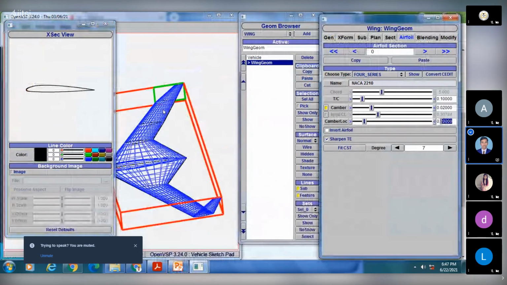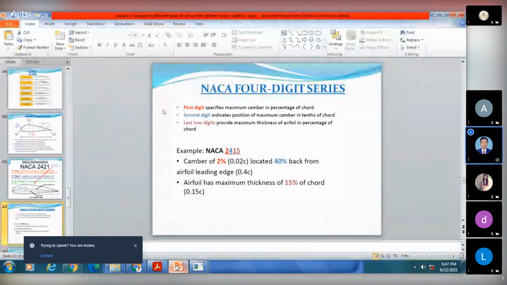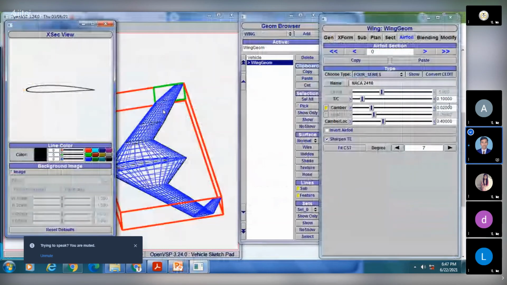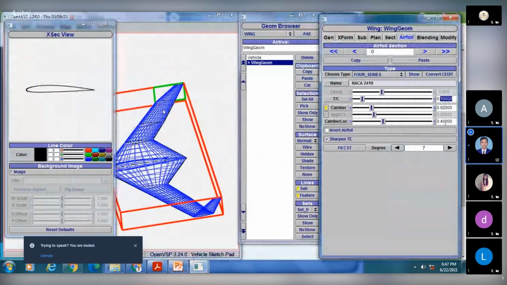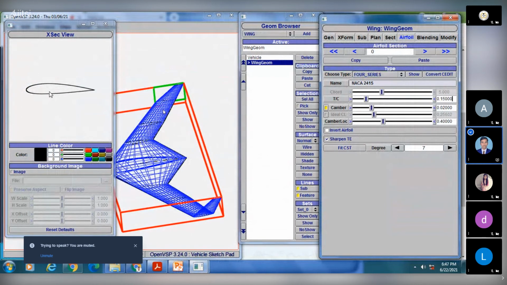The location of camber is 20%, and now we have to change this to 40%. Enter. And we have to change the thickness to chord ratio. 10% we have. I will change this to 15%, 0.15. Enter. See, it got changed now.